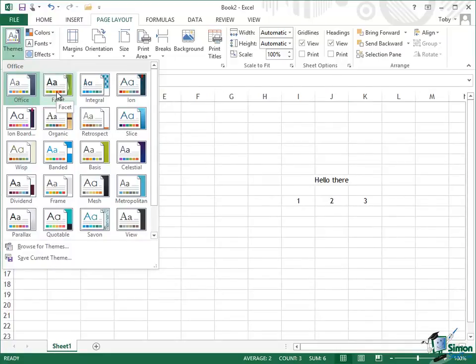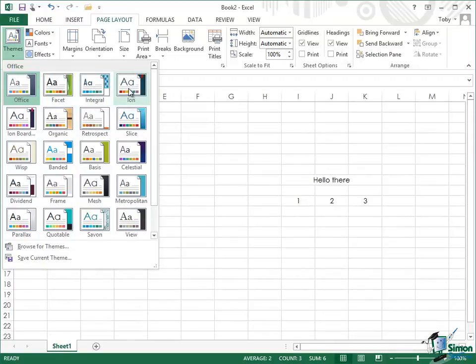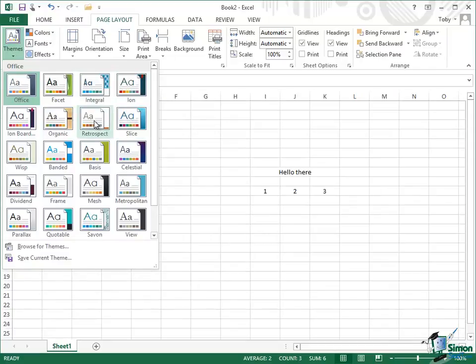There is no colour on that sheet at the moment, so none of the colours are changing, but you can more clearly see how the font changes depending on the theme. Now until I click on a theme, it doesn't get applied to the workbook, so I'm still using Office, but I'm doing live preview on the others. The reason that there are no colour changes is that I haven't yet used the second level of formatting in